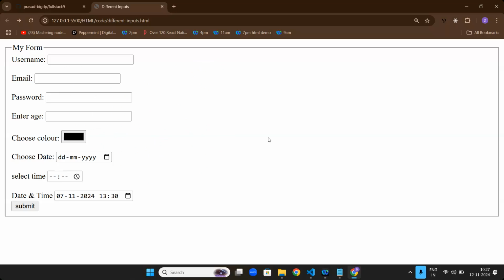Online IRCTC? In IRCTC, you will not give time, you will give date only. Google Calendar.